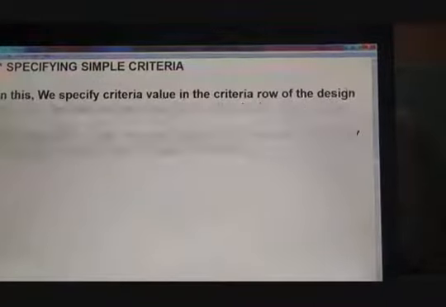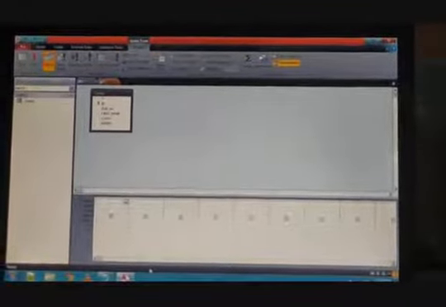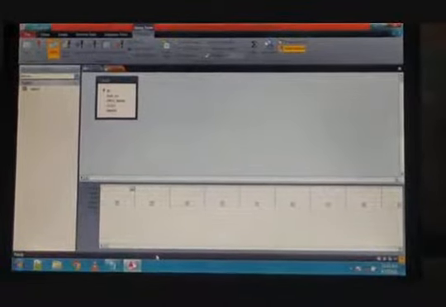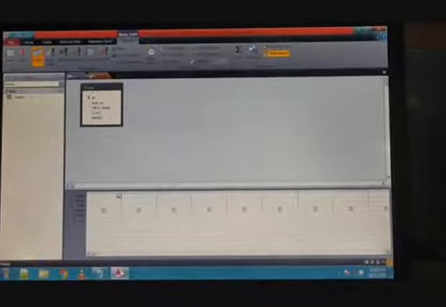So this is our MS Access program. You can see that we have already created a table 1, and here we are just creating a query 1. This is query 1 and this is our design grid. First of all, for applying a simple criteria, you can see page number 34 in your book and see the steps. To view the records of class 10, double click on the first name field and class field in the field list. This is the field list. You have to double click on first name and class.